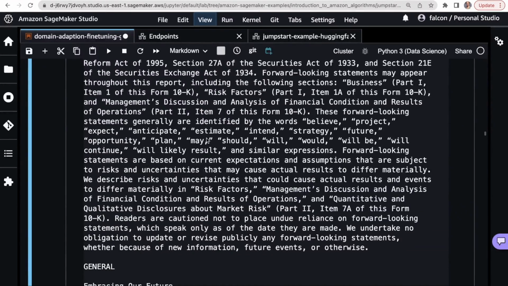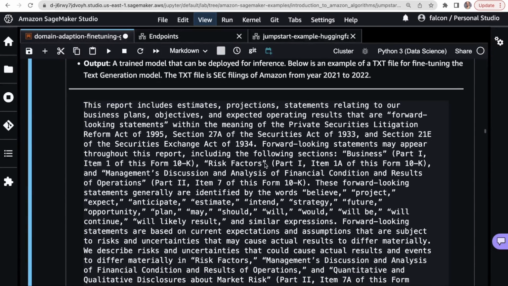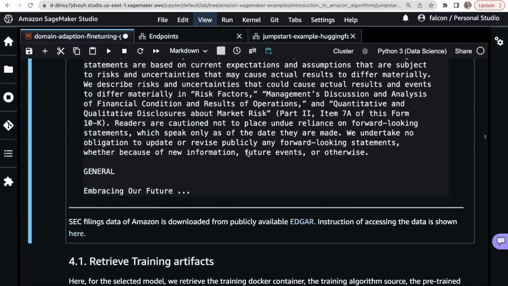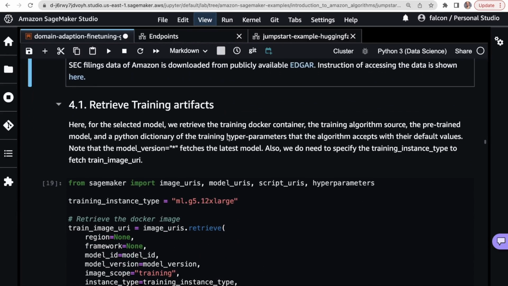We don't need to organize it into a positive and negative sentiment or questions and answers or really any of the low-level labels. We can just take the raw data just as it is and then do pre-training directly. And so we'll do that continued pre-training in this notebook here.